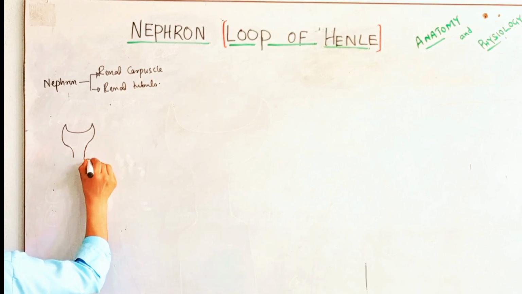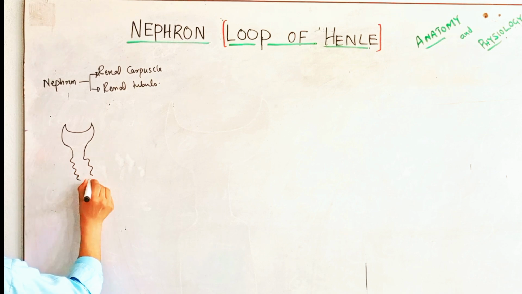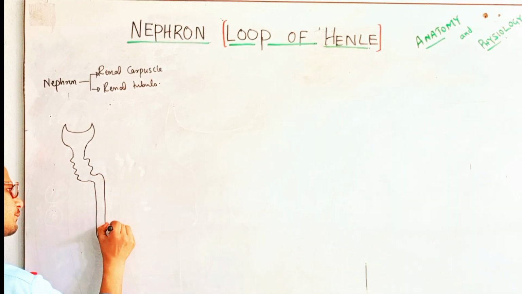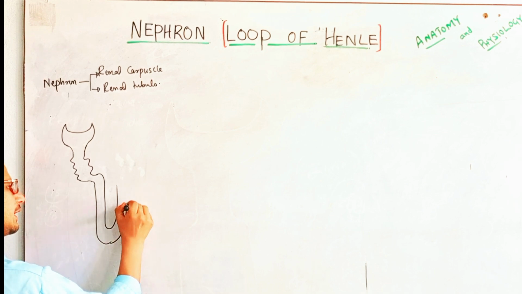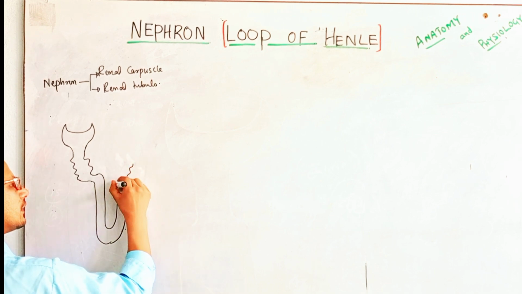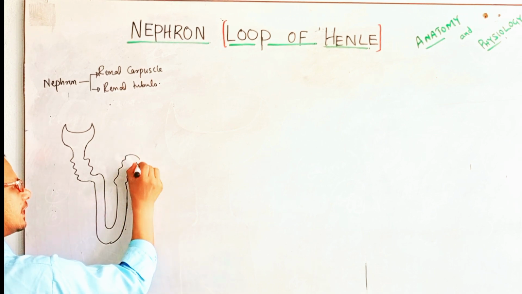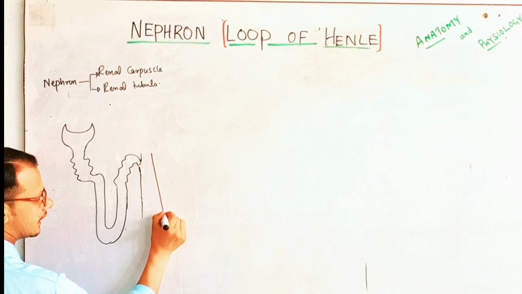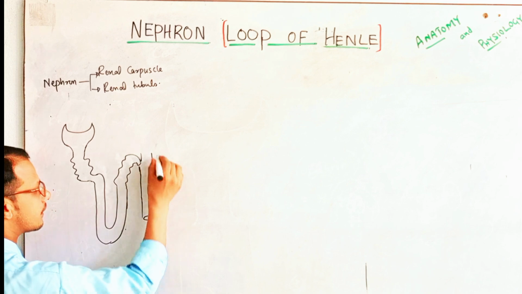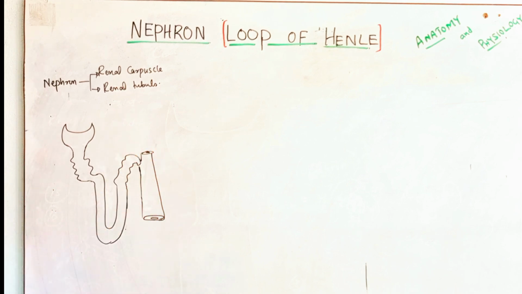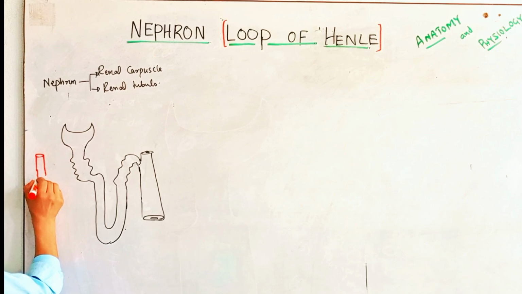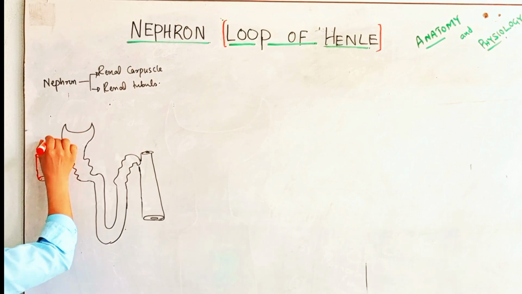This is nephron. This is proximal convoluted tubules. This is loop of Henle. This is distal convoluted tubules, and it is draining in collecting ducts. Right? The first part is, for example, this is the arcuate artery or the interlobular artery, and this is the